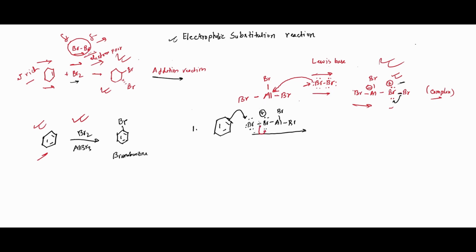So that means we already have a positive charge. If you think about the drawing from the last one, when this bond breaks, we already have a positively charged bromine atom in the solution. So this nucleophile, the pi bond, attacks the bromine, this bond breaks and leaves the electron on the other bromine atom. So we get an intermediate,